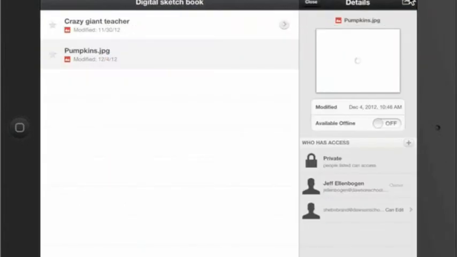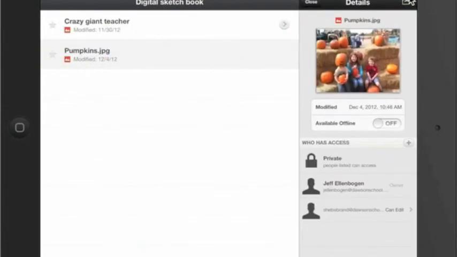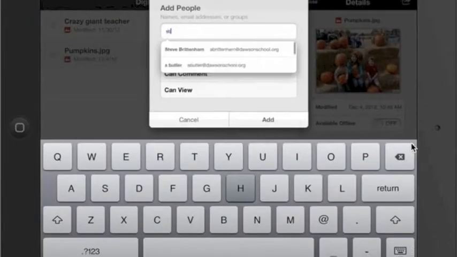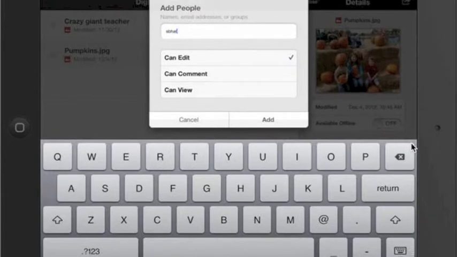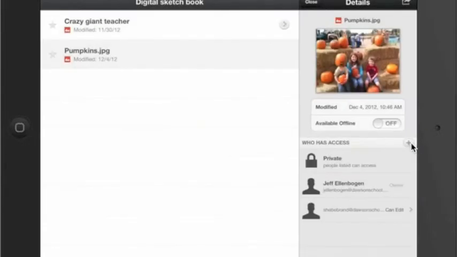Now let's say I wanted to actually share this to another student or a teacher. You can see I've shared this with Miss Heberbrand down here. If I wanted to share this to another teacher, perhaps Mr. Bott, I could press the plus button. I could type in his name and his email address, actually. And I can give the privileges to edit, comment, or view on this. I'm just going to let him view it. And I'm going to press Add. And now Mr. Bott would have access to this also. So that's a really nice feature of Drive.